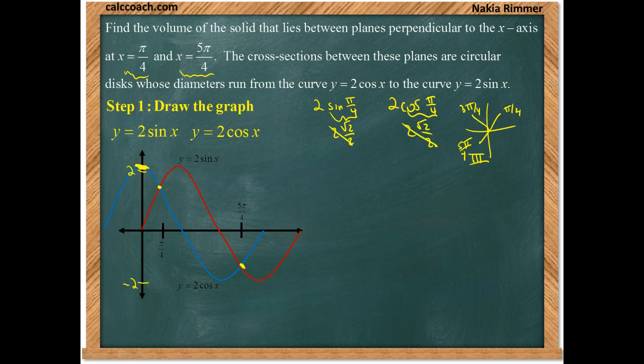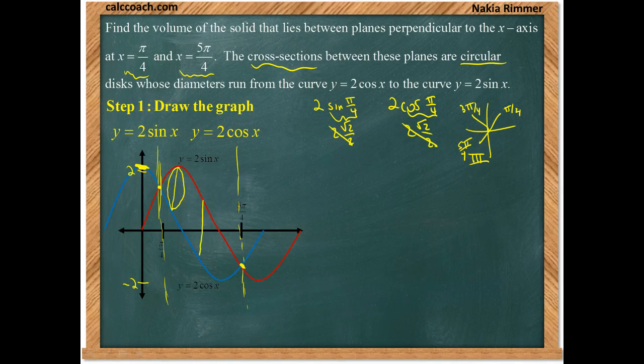Okay, we have the drawing. Just picture that there are some planes here that are basically focusing us in between these two. The cross section between these planes, so this isn't a volume of revolution, this is a cross section problem. And we have cross sections that are circles. Let me attempt to draw a circle here that has as its diameter, picture that coming out of the screen,